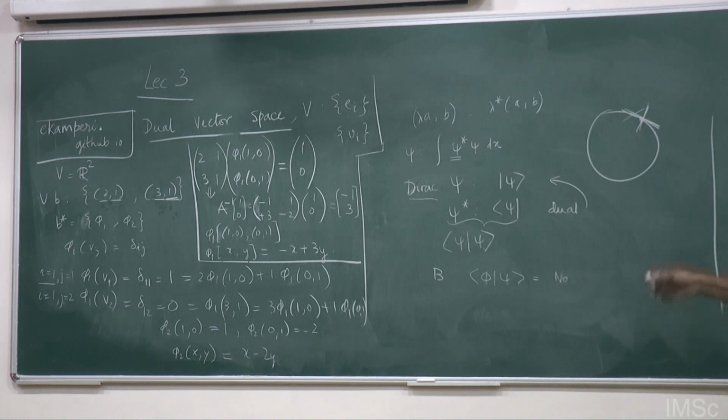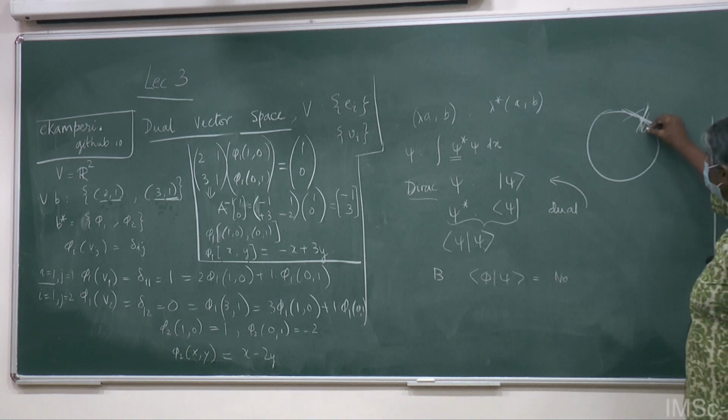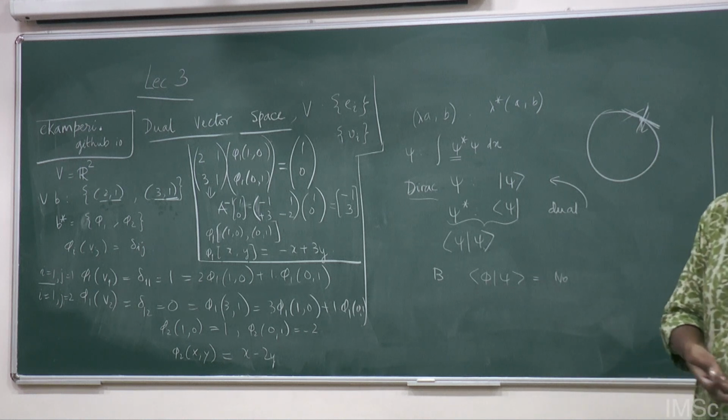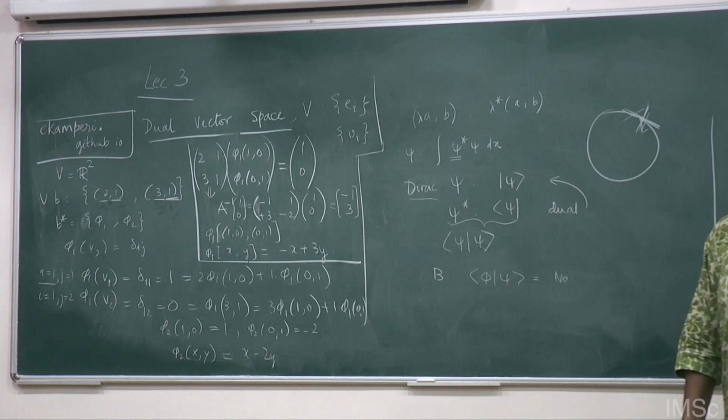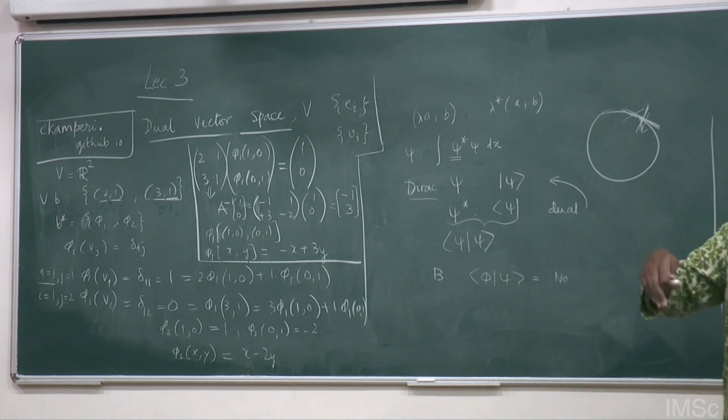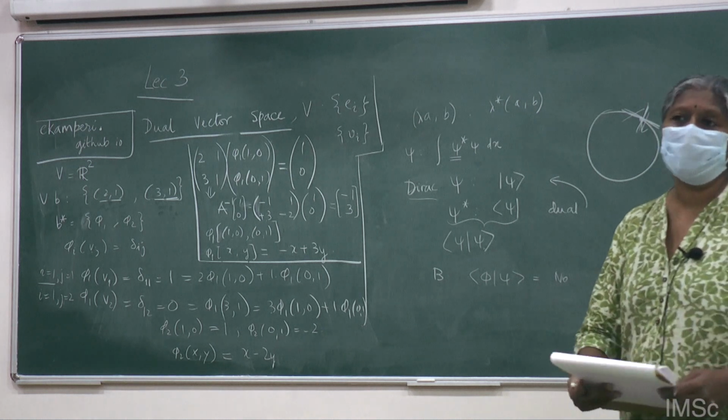Then I can ask how things change when I move along the tangent. So it's basically a question of differentiation. How do I differentiate? Because how things change when you move along a line is actually taking the derivative of that quantity. That's how you find how things are changing, right? So that will give you another space. So that will become dual to the original space. So many such examples you will come across.